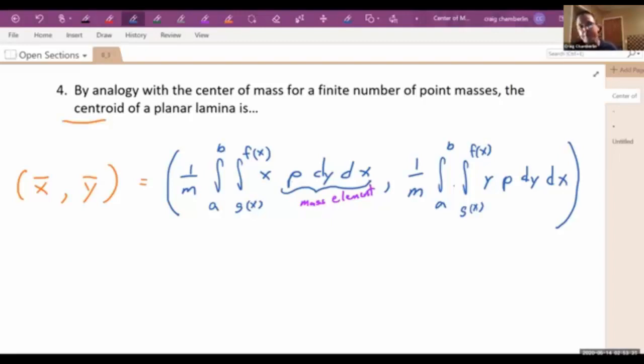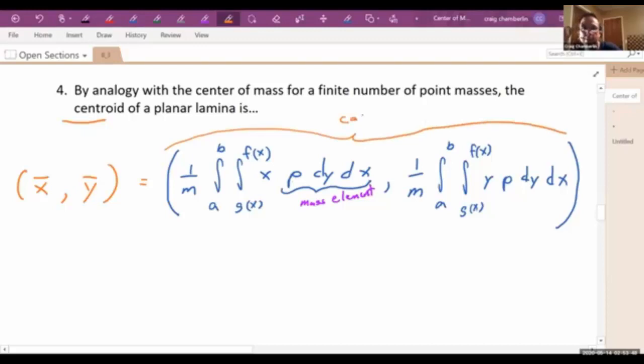And I don't want this symbolism to scare you because we're just going to end up using a formula and doing some integrating when all is said and done. But it does simplify a little bit. Look, in Calculus 3, these are your formulas, by the way. So this would be the Calc 3 version. But it does simplify because